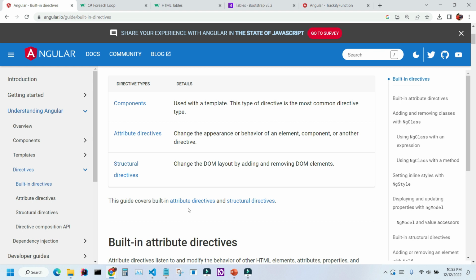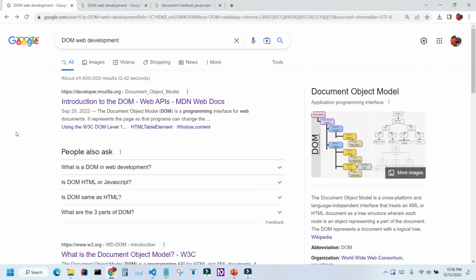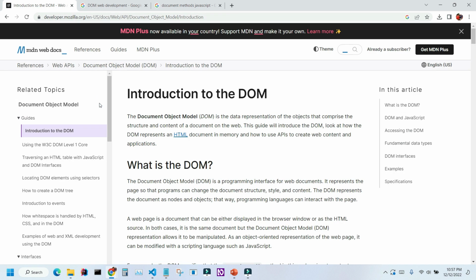We are looking at structural directives, and here it says structural directives change the DOM layout by adding and removing DOM elements. If you're not familiar with the DOM notion, let's look at it. Let's Google DOM web development. The very first link is actually a really good website with a lot of good references. Let's go there. DOM stands for the Document Object Model, and the very first definition that you can see is